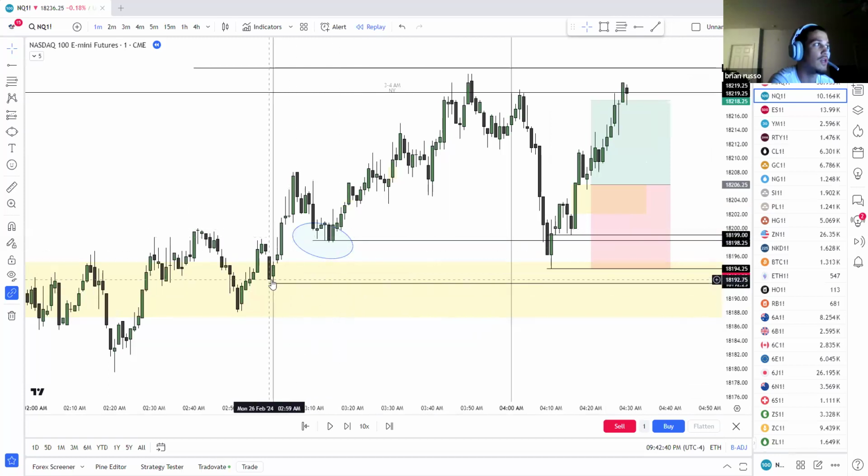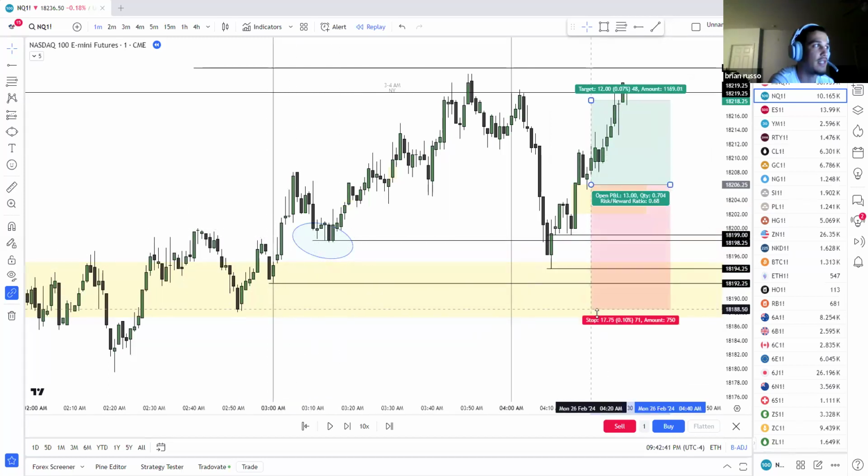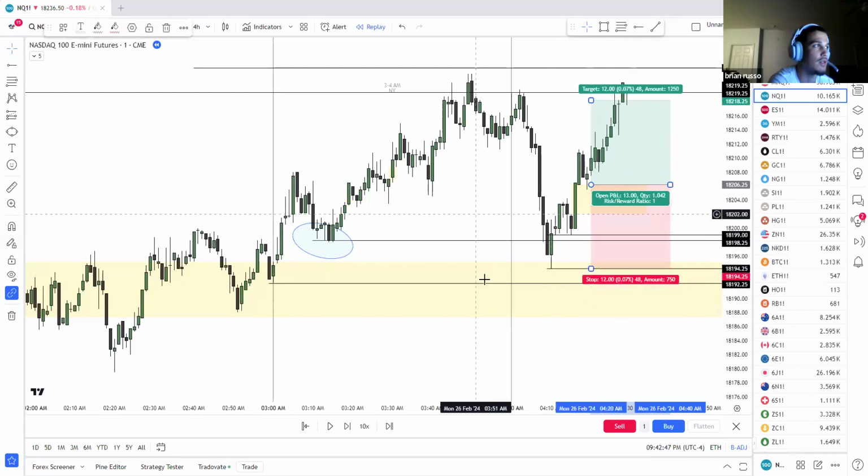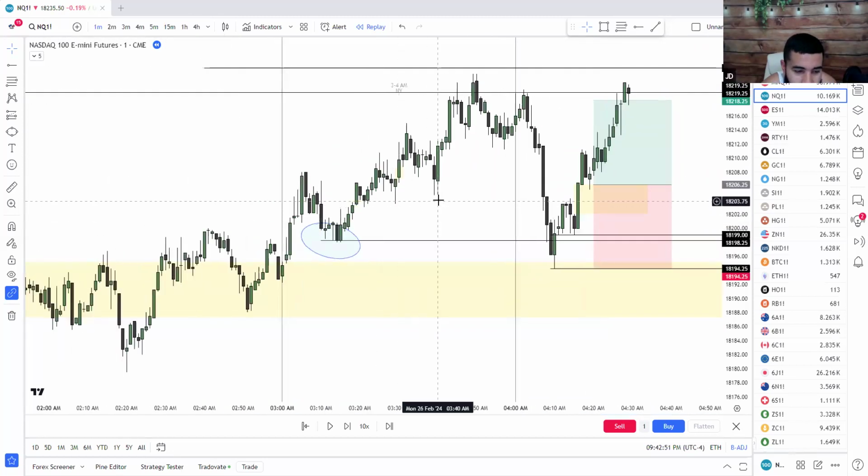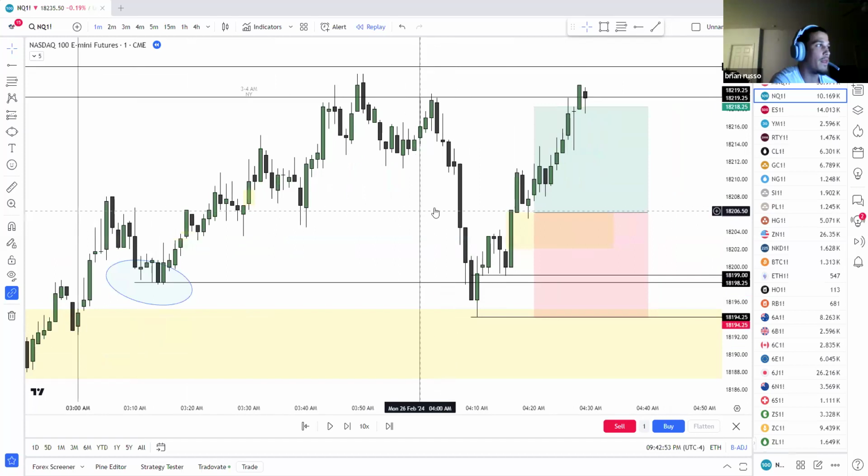So if we go back down here, we shouldn't even have a stop loss down here because if price even starts breaking through this low, we're done anyway. That's why our stop loss is below this low. That yellow line is a fair value gap. Oh, that's the BPR, right? Yeah, that's the BPR. So technically, to answer your question, we just want our stop loss in a place where